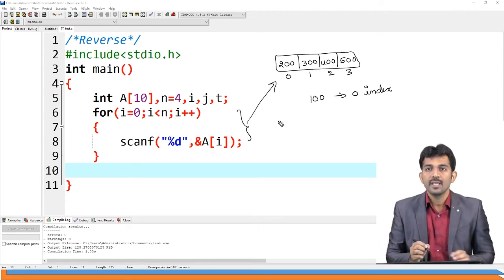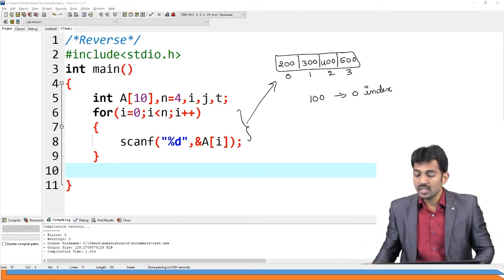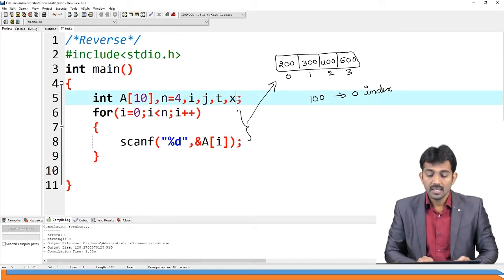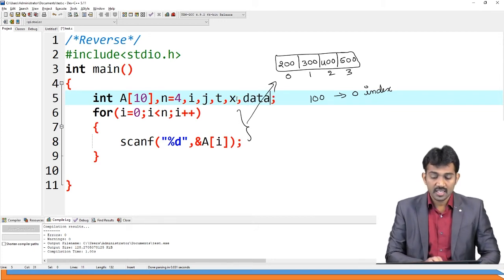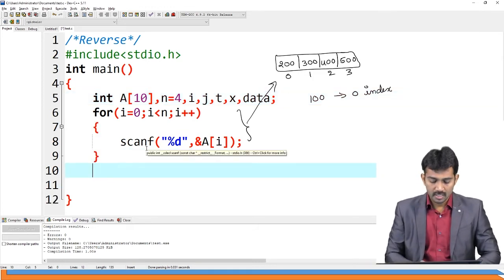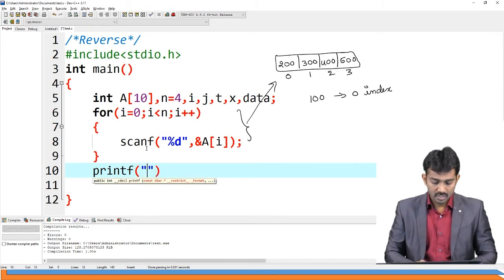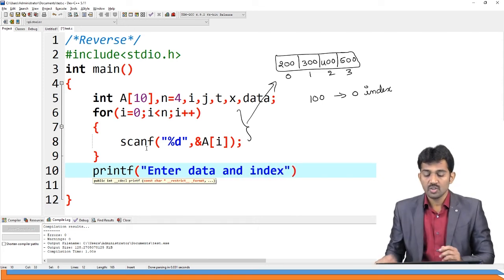this will happen. After that, I want to take the new things here. x is the xth index, and one more thing is the data item, what data I want to insert. Here, I'm going to write a statement. printf of "enter data and index", which index you want to insert.